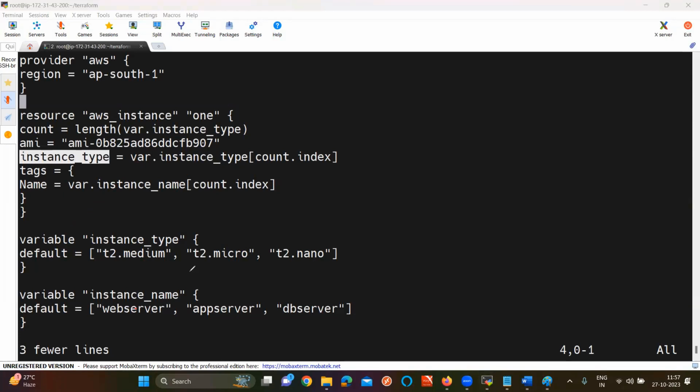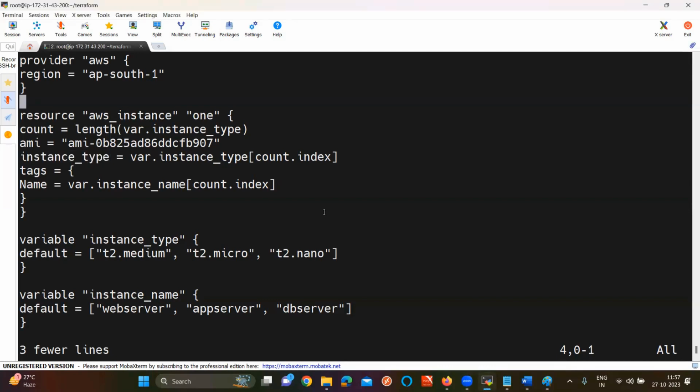In variable block, what is the first name? Web. Second one. Third one. That means these values will map to each other. This is the minimalistic code to write this content. Basically, it is very, very easy actually, if you ask me. No need to write this much of code, right? Within the small code, we can create servers with different configuration.